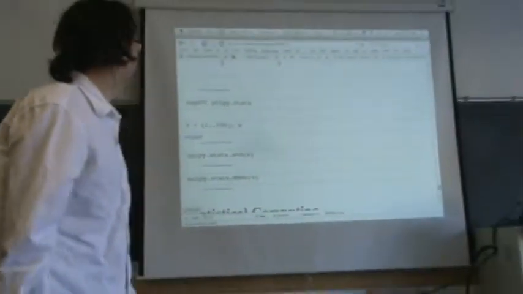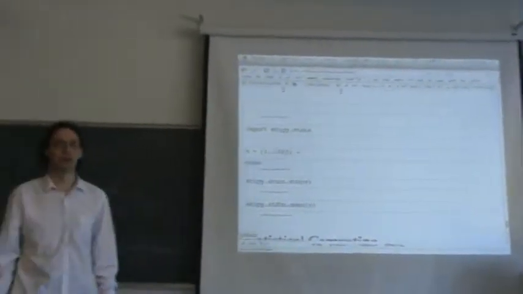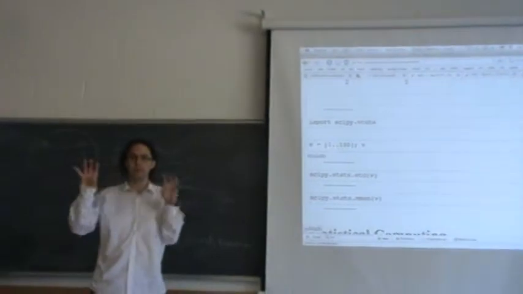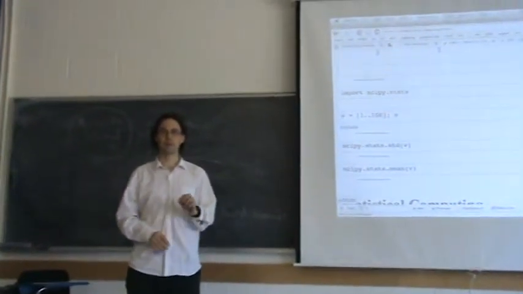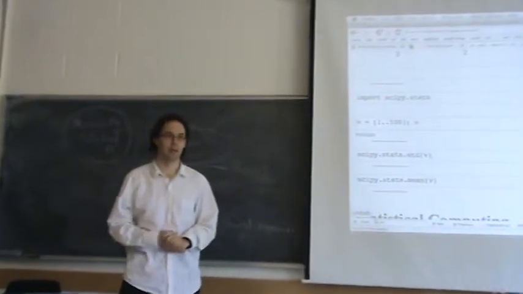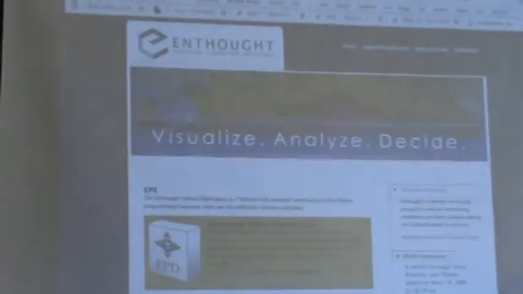Okay, now I'm going to show you the very end of this presentation, just a little tiny bit of statistics in Sage. So there are two completely distinct packages for doing statistics in Sage. One is called scipy.stats, and it's a Python library that's mainly produced by a company called Enthought in Texas, which I recently spent a week at for Sage Days 8. Here's the Enthought webpage.